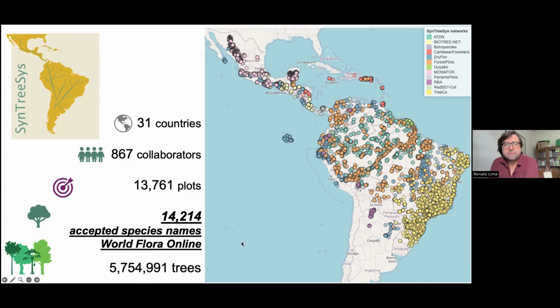We have these live maps kindly prepared by Nicolas Casajus, which is available for us to fly by, and it shows the location of each plot of each network. So there's a legend there. So it's interactive. It's quite nice as well. Thank you, Nicolas Casajus, if you're there somewhere. Next, please, Jerome.